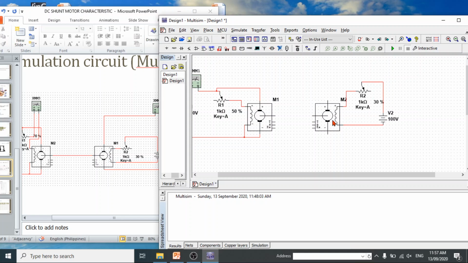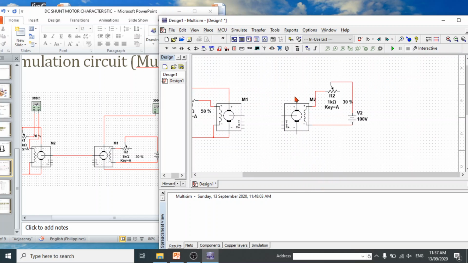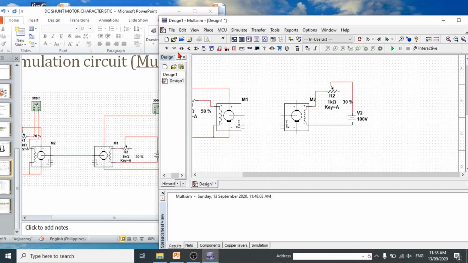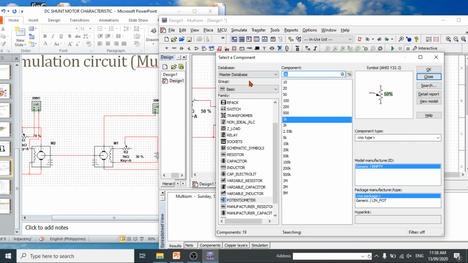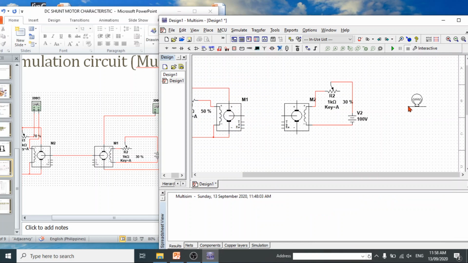Okay, and then the generator. The armature terminals of the generator will be connected to the load. So we'll use the virtual lamp. Click all groups, and then find the virtual lamp. So this one, click OK,